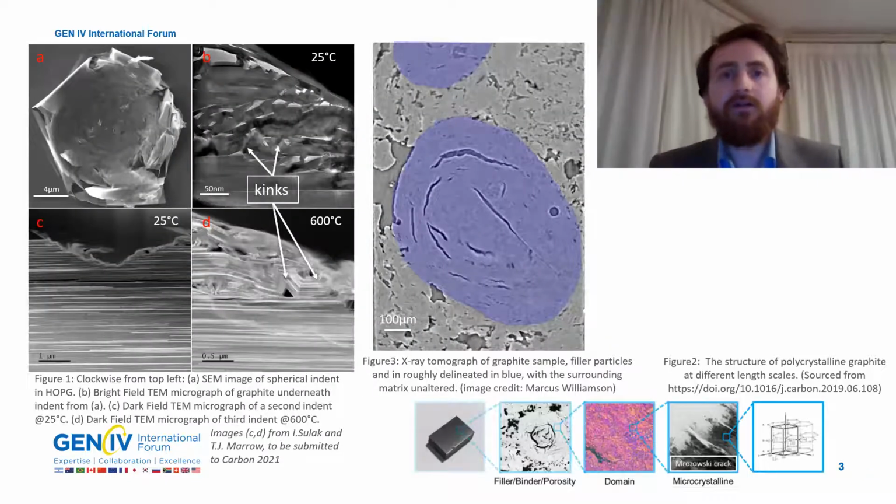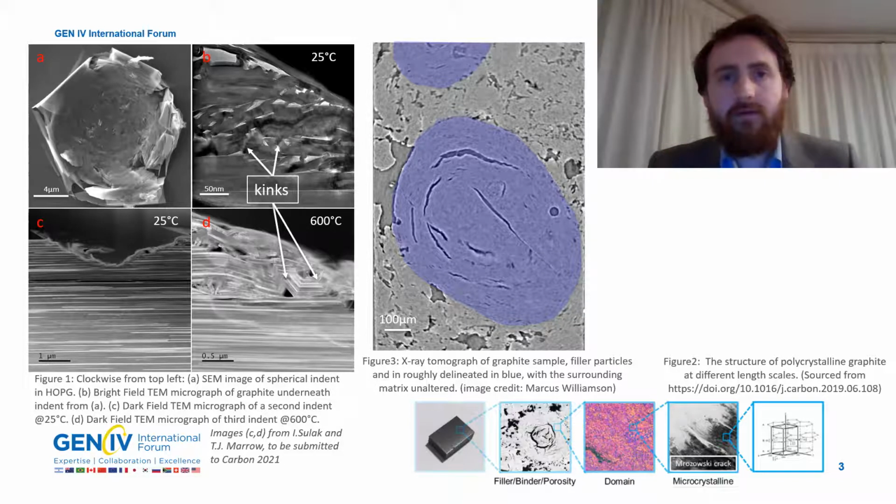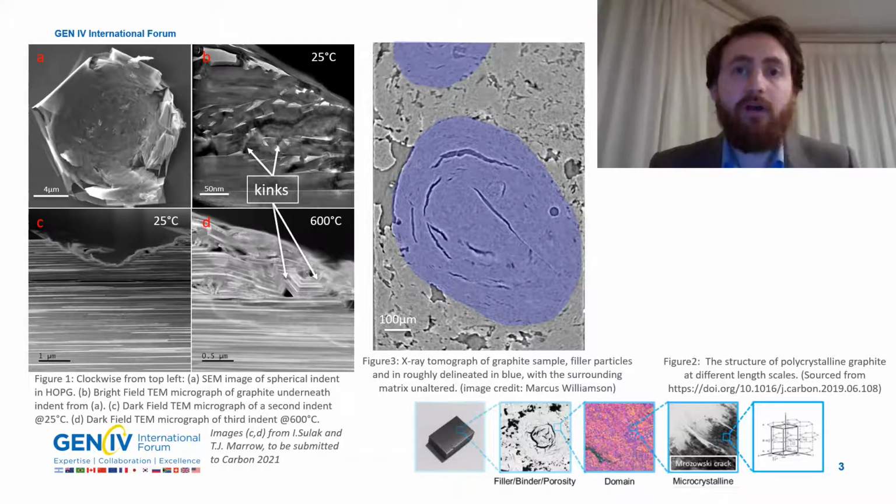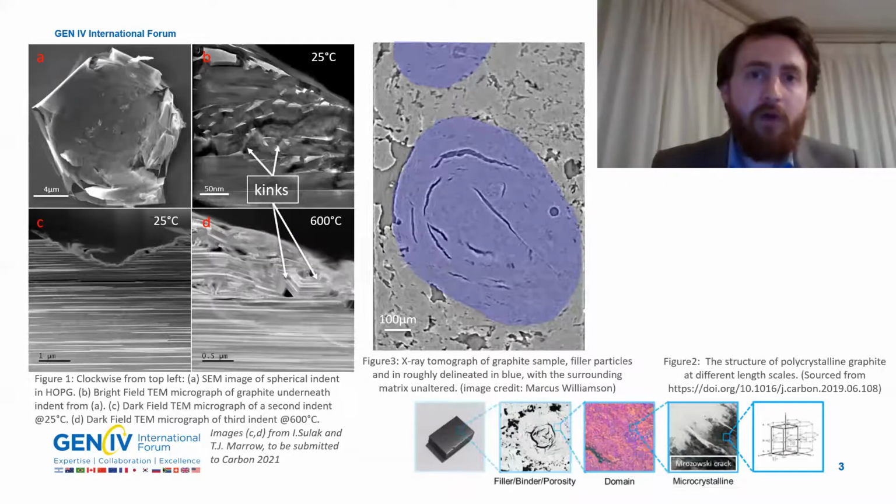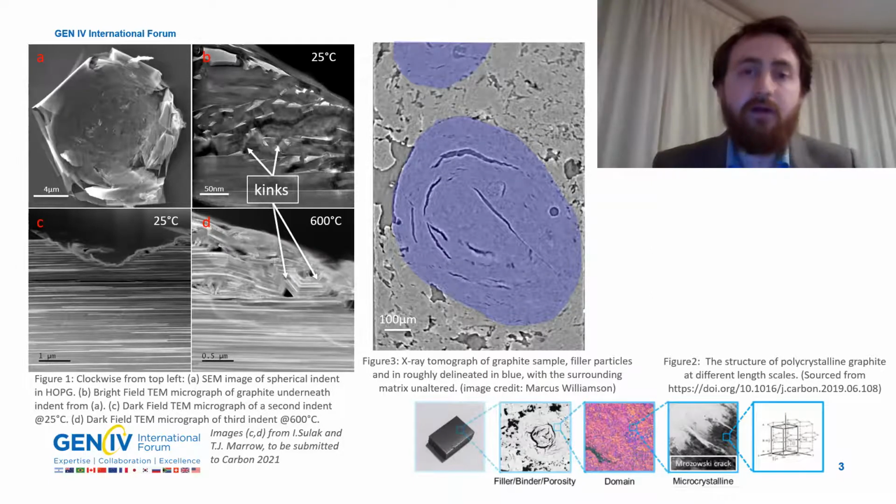So how does my research answer this central question? The first set of experiments I'm doing investigates the deformation mechanisms in graphite, specifically the effect of temperature and irradiation on kinking. Previous work has shown an increased propensity for kink formation in graphite at elevated temperature, which is shown in figure 1, where you can compare the much smaller kink region in image B at room temperature to image